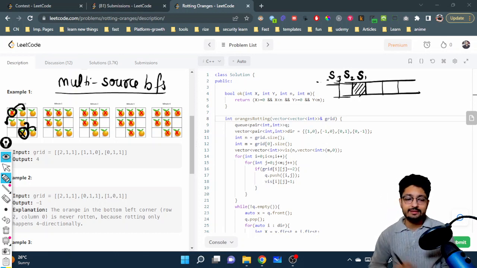And so on. And then we just do the BFS as it is, and this will be sufficient to solve this problem. Nothing much complicated. Now you also have to store the amount of time elapsed after which all the oranges will get infected. So you can create a visited matrix for that, which will help us know that, let's say,